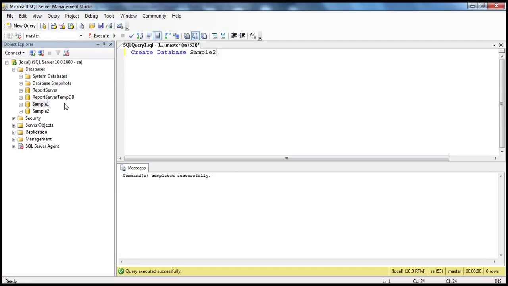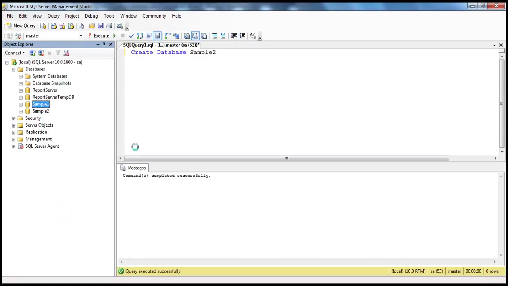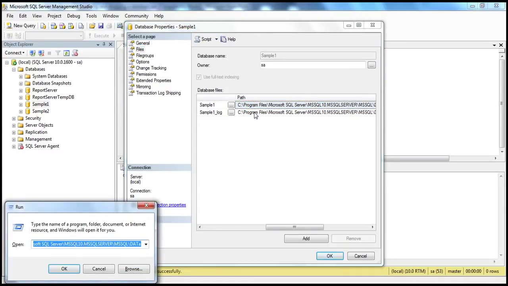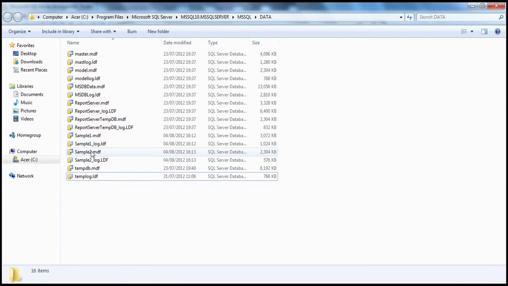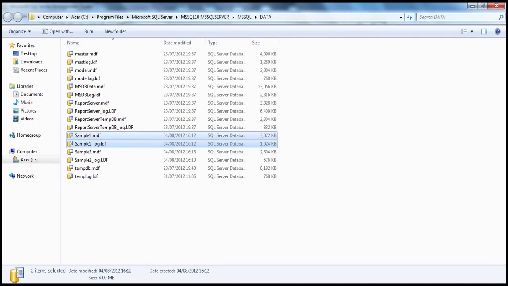Okay, now for every database that we have, whether it is a system database or a user-defined database, there are two files that get generated. Now let's right click on one of the user-defined databases, go into properties, and in the files tab you will have a path. Okay, so there is a path here. Let me copy that path, paste that in the run window and press enter. Now if you look at this, you see there is sample1.mdf and sample1_log.ldf. So these are the two files that are related to the database that we have just created, sample1 and